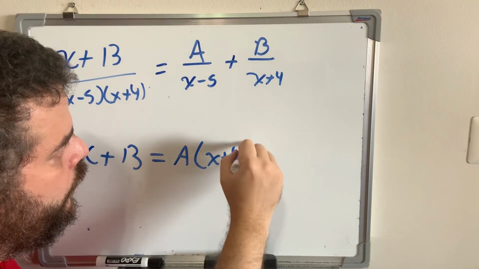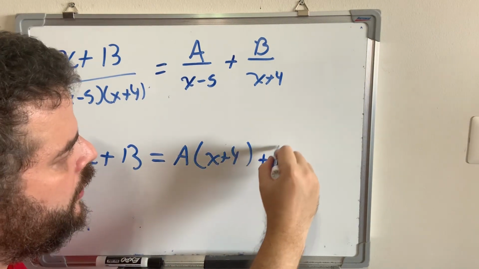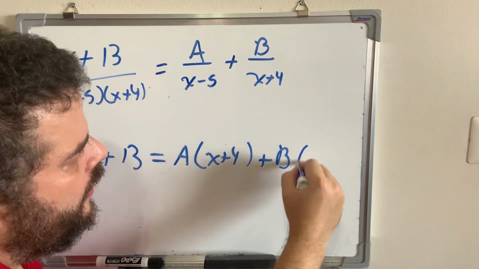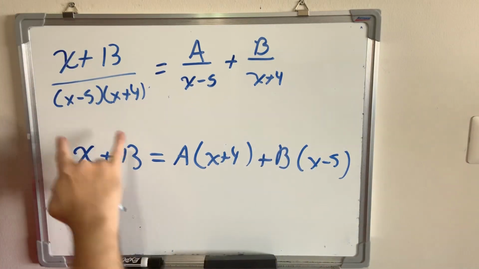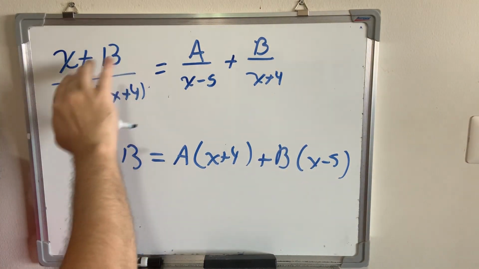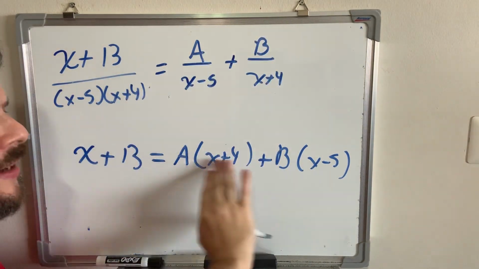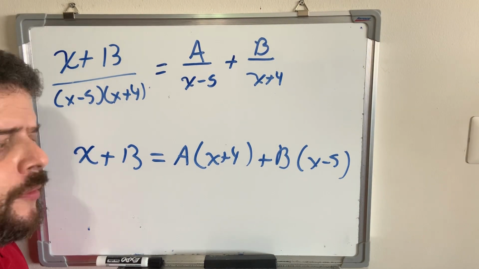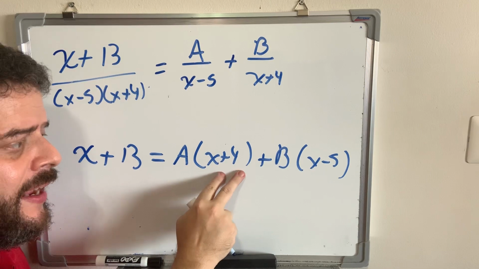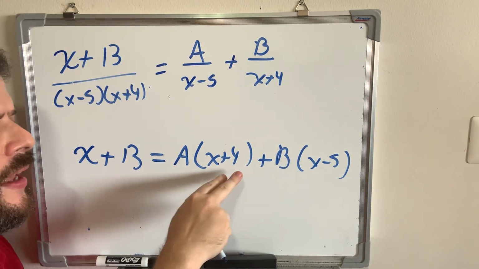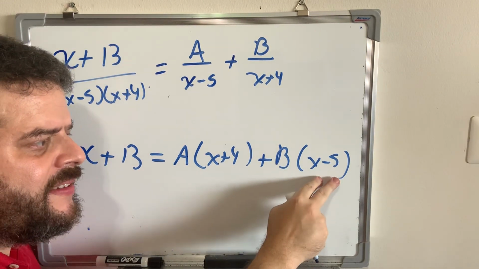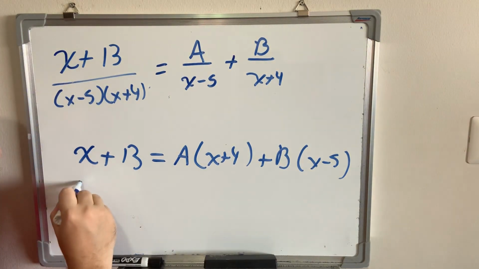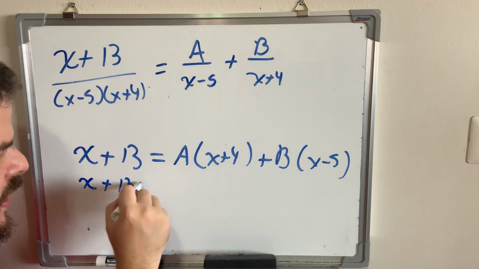x plus 4, this times this, plus b x minus 5. So all I did was isolate x plus 13 and got rid of that. Now what am I going to do? Distribute my a inside this parentheses and distribute my b inside this parentheses. So again, I'll have x plus 13 equals